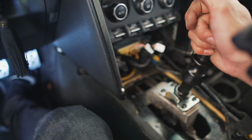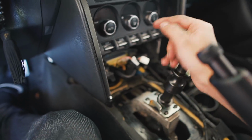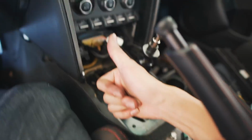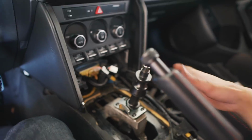All the gears work for the most part, and it feels a lot shorter so far. So this part is done. We can go ahead and reassemble everything and then go out for a test drive and see if there's any rattling or any noise that